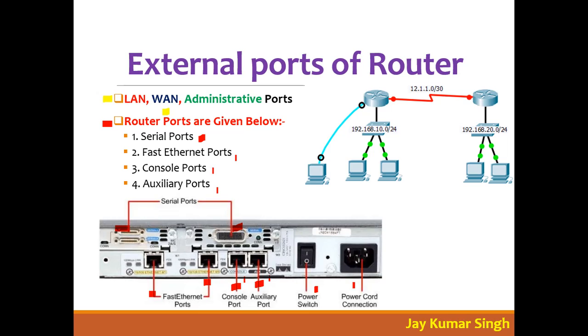Suppose I have a brand new router here and I want to configure that router. How will I configure it? I have to connect to that router, right? One port is for configuring and one is for communication. Which port is used for configuration and which port is used for communication? The console port is used for configuration, and the serial port and fast Ethernet port are for communication, data transferring. With the console port you cannot transfer data, you just configure the router, that's it.